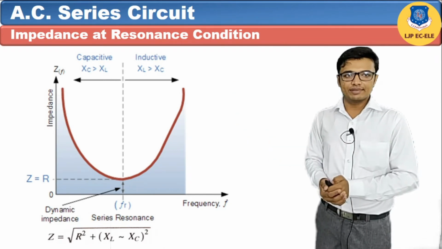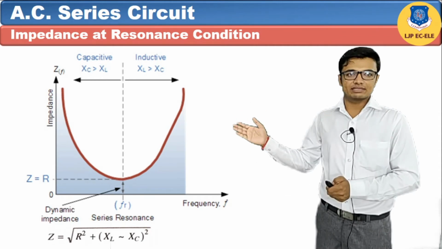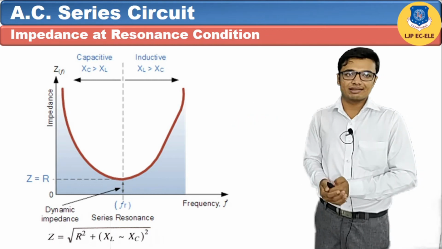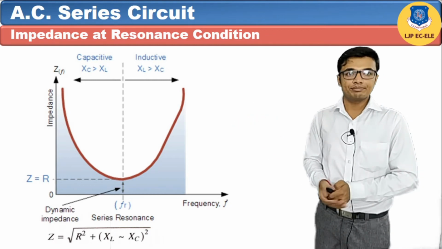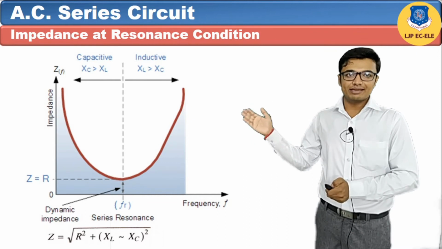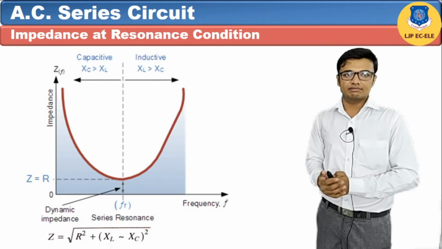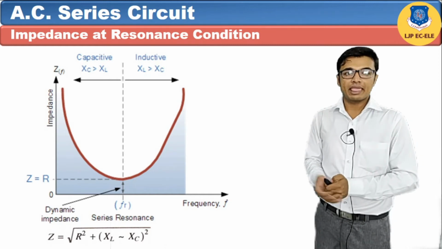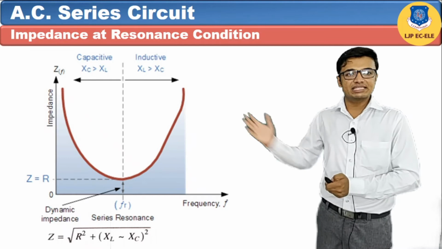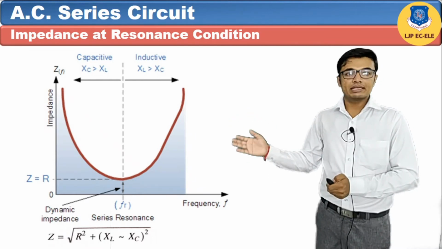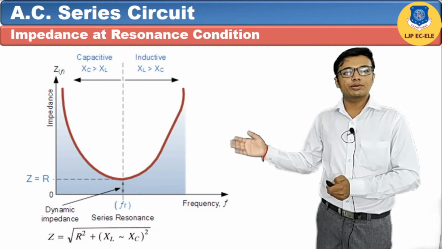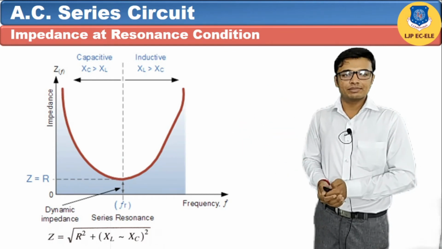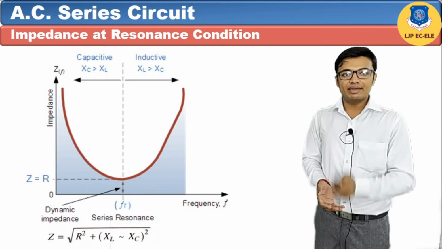At the time of resonance frequency, the value of inductive reactance becomes equal to the value of capacitive reactance. Hence circuit impedance becomes circuit resistance, and after the resonance frequency, inductive reactance becomes greater than capacitive reactance. So using this equation we get a very large value of impedance. Ultimately, during starting the impedance is maximum. At resonance frequency, circuit impedance becomes minimum, equal to R, and after resonance frequency circuit impedance again becomes maximum. So this is how impedance varies with variation in frequency.